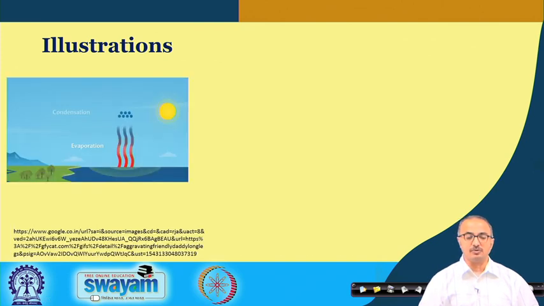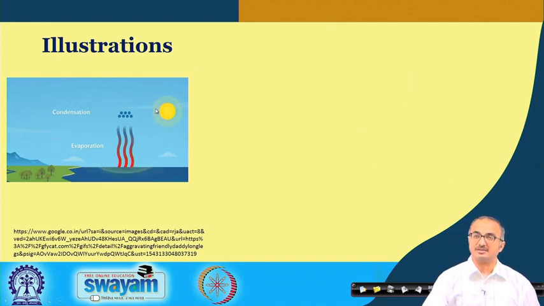Now, next we come to another situation which is very common: how clouds are formed and how we get the rain. It is basically that all the water bodies are the source of the water, from which water gets evaporated due to the solar heat. And here in the sky there is a condensation of the water vapor,